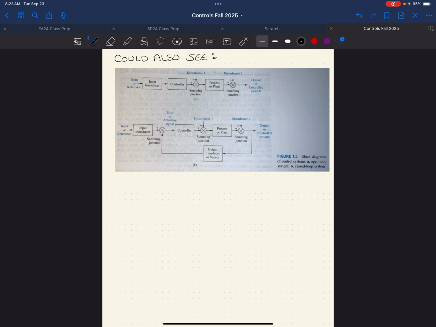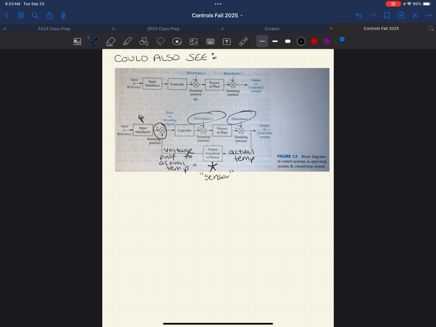Okay. Very similarly, we can have disturbances in our closed loop system. We have an input transducer, but then we can also have an output transducer. And this output transducer is usually in the form of a sensor. So this sensor, for instance, might take as input the actual temp of our room and output a voltage that is proportional to the actual temp,